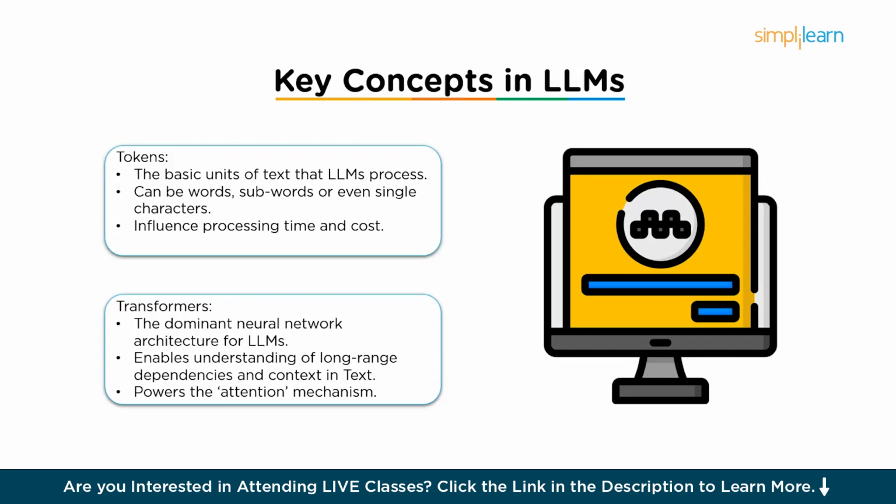Attention allows the model to weigh the importance of different words in the input text when processing a particular word, effectively deciding which parts of the input to pay attention to. This mechanism is what gives LLMs their incredible contextual understanding and generation capabilities. These two concepts, tokens as the building blocks and transformers as the architectural blueprint, are essential to how modern LLMs function at their core.